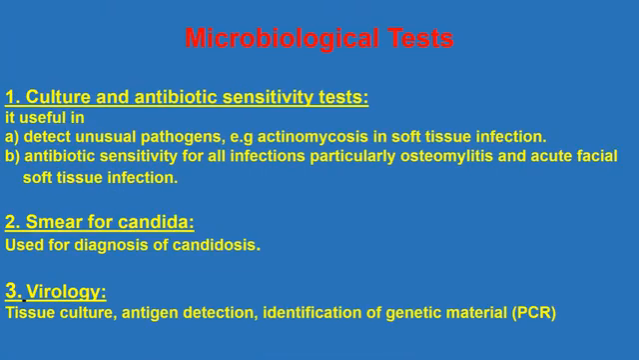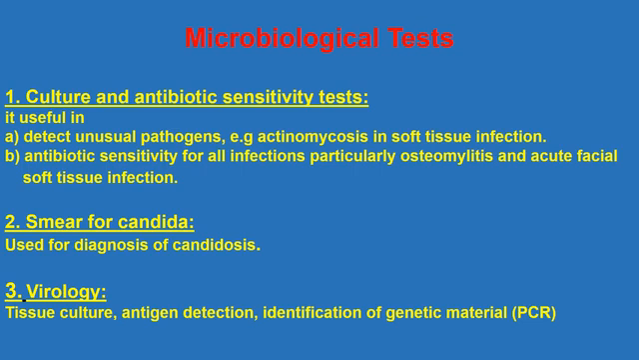Microbiological tests. For bacteria we have two important tests, which are culture and antibiotic sensitivity tests. The culture is useful to detect unusual pathogens, for example actinomycosis and soft tissue infection, and in case of a lesion or infection not responding to antibiotics. To know what is the most powerful antibiotic in the treatment of that infection, we can use the antibiotic sensitivity test for all infections, particularly osteomyelitis and acute facial